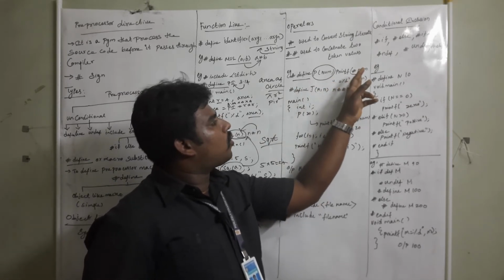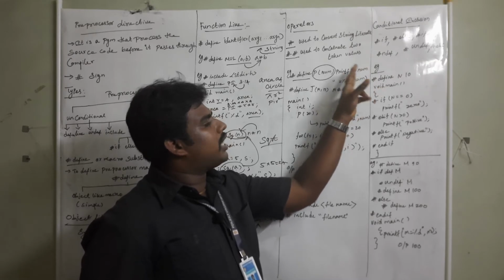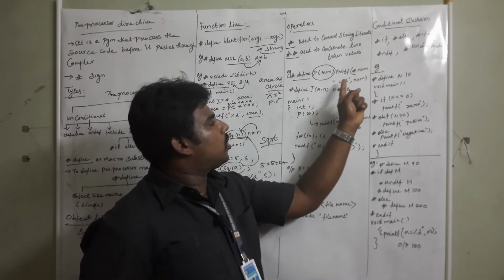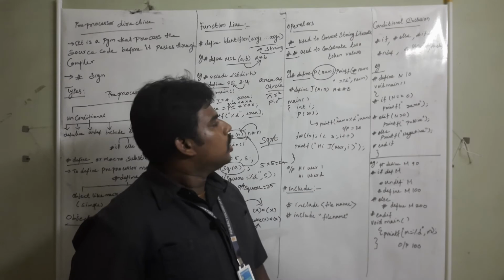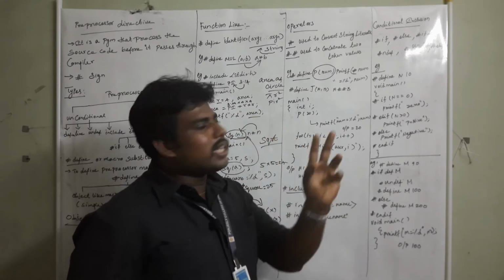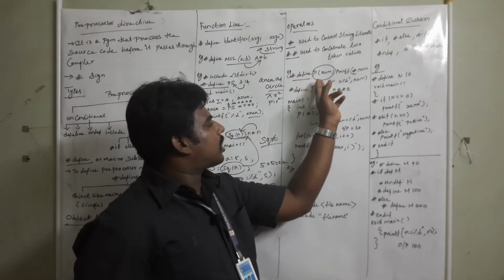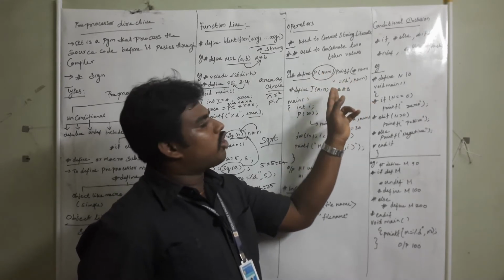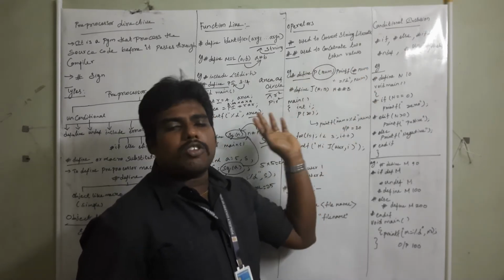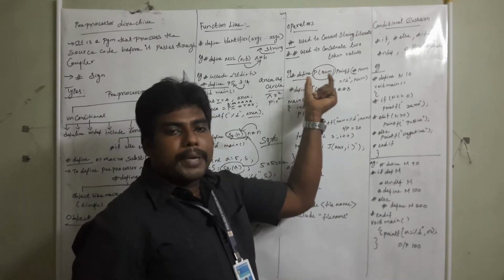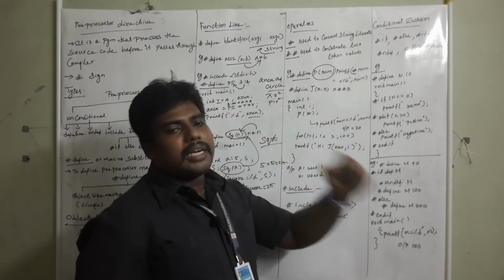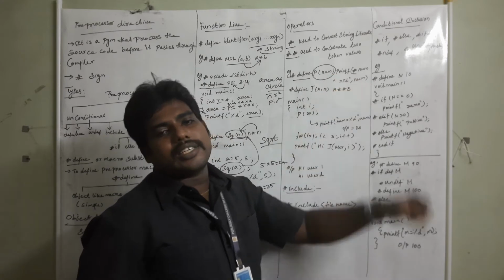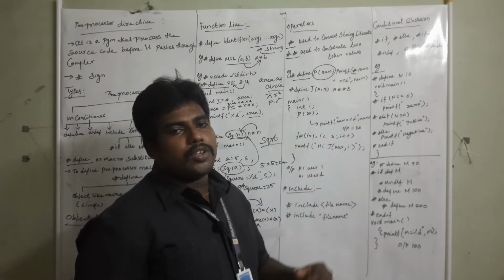So at first you have to put the hash symbol here also. Num equal to %d comma num. So in your program, what are the places p of num is coming means, instead of that, which statement will be taken? The printf statement will be taken. Instead of that p of num, the whole printf statement, the whole string literal will be considered in your program.